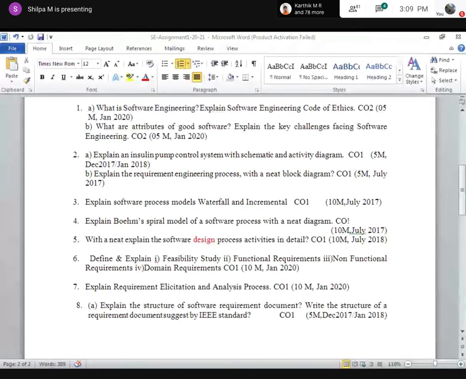Fine. Now you are all clear about what you should write and how you should write for your internals. Ma'am, how will you correct our answer script in the internals? For wherever figures I have told, it is a must. Without the figure, I'm not going to give you one single mark. After that, it depends upon your writing capacity. See, some people can convey the same thing in one line. Some people have to take around 10 lines to convey that. So please write the figure and try to explain it. Okay?